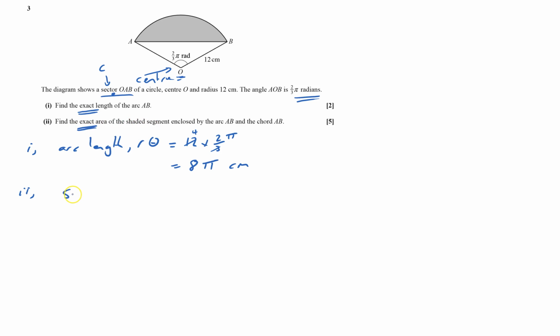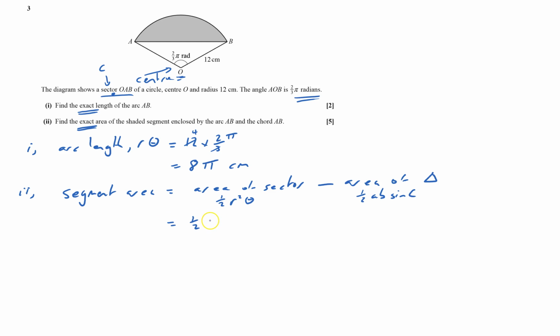Part 2, the exact area of the shaded segment. So the segment area equals the area of the whole sector, I'll put the formula in just a second, minus the area of triangle. The sector area is a half r squared theta when theta is in radians, and the triangle is a half of two sides times together times by sine of the angle between them. This is half r squared, it's 12 squared, I'm going to put down 12 times 12,